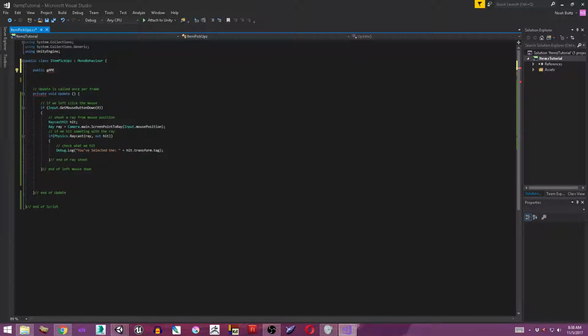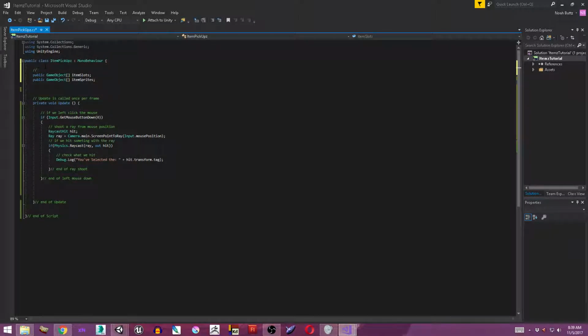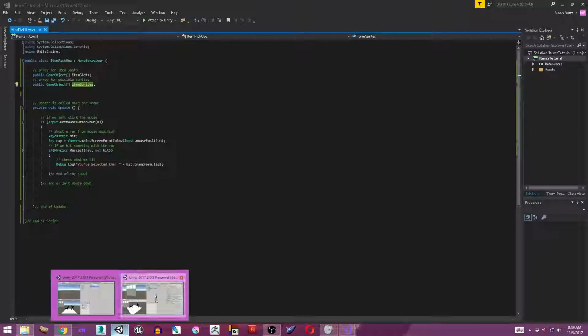One is going to be for item slots and one's going to be for item sprites. Okay, back in Unity,